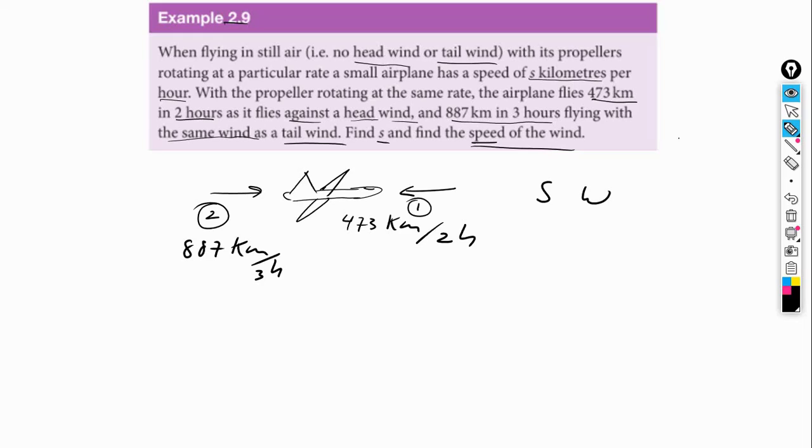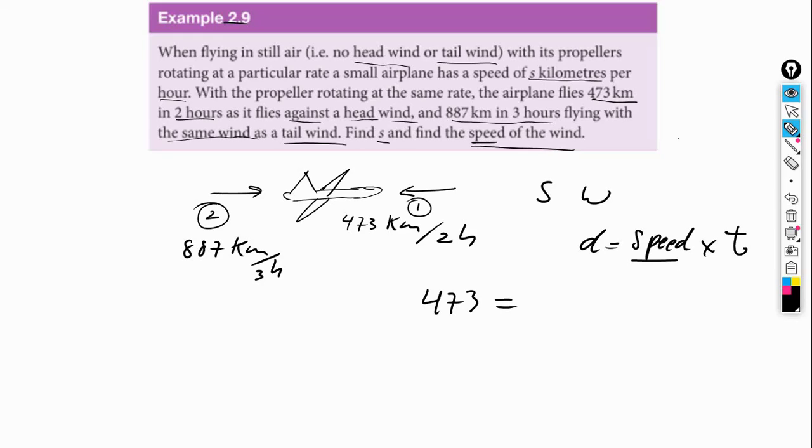Well, we have to relate all the information, and notice that they're talking about distance and speed, right? From physics, we know that distance is equal to speed times time. And because we have to solve for speed, this is a very convenient way to put the information. So speed times time. Okay, so the first equation, we have 473 kilometers, which is the distance, is equal to